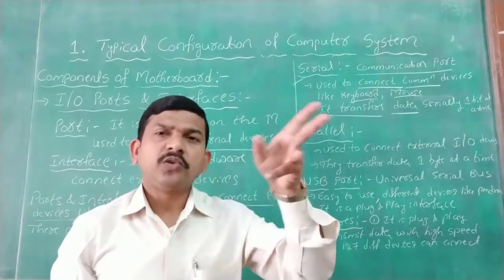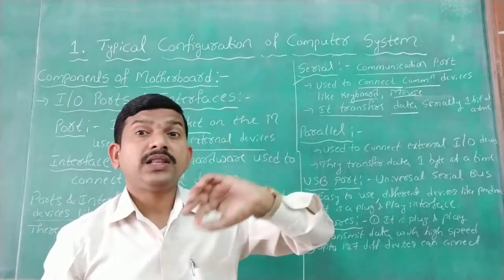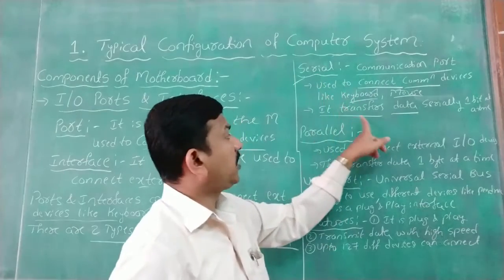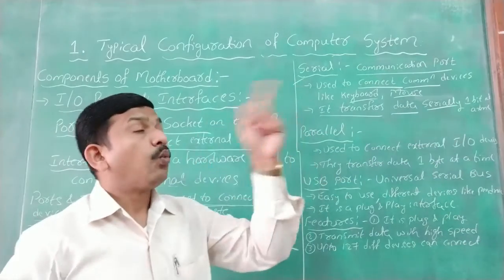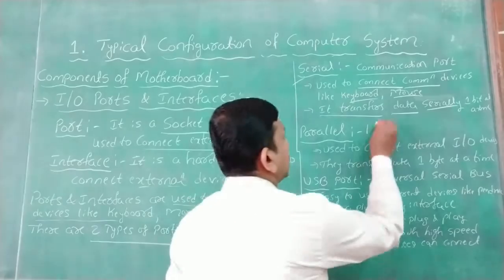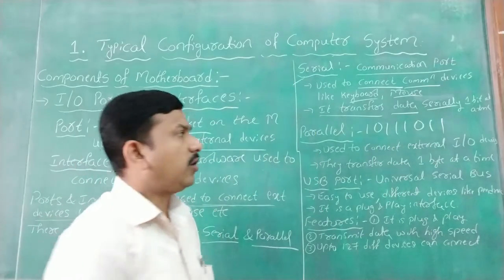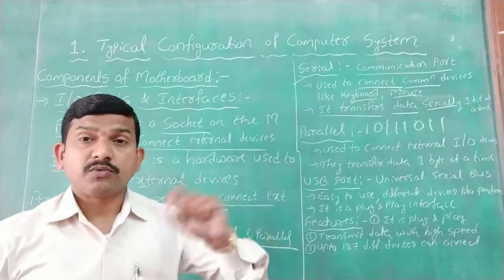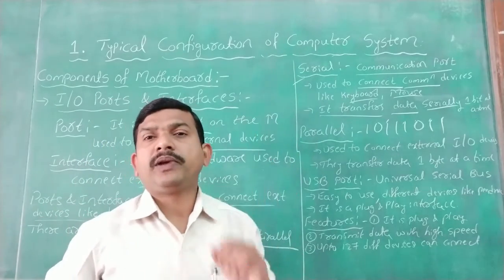There is a difference: first W, then X, then Y, Z. One by one, the data will transfer. That is why the serial port transfers data serially, one bit at a time. We know what a bit is. Assume that this is a bit. These are bits. There are so many bits. So how is the data transferred? First this one, the second one, then the third one, like this, bitwise, one by one. At a time it will not be transferred.